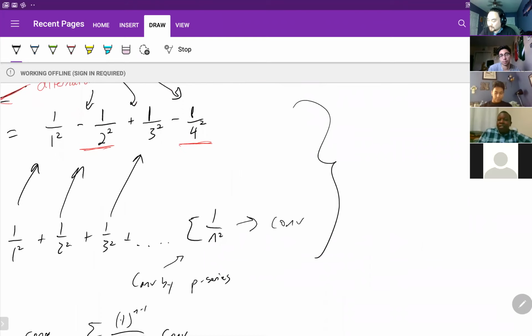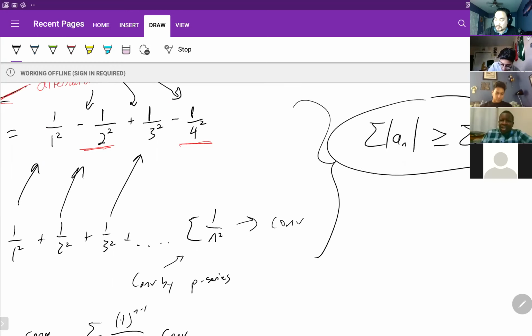What this is saying is this is always going to be greater than or equal to this. If I had a series with some negatives in it, well, that takes away values from the series. So if I have something that's smaller, and I know that without the negatives, it's bigger and converges, then I can say, right? It's just like another direct comparison almost. It always leads pretty much back to direct comparison. So that's pretty much the idea behind it.